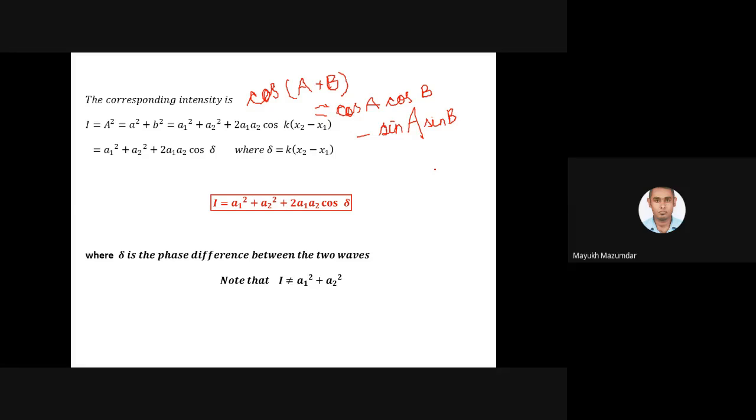Okay. Actually, the terms that you would be getting are two AB terms. One would be 2a1 a2 cos kx1 cos kx2. Another would be 2a1 a2 sin kx1 sin kx2. And if you put them together, you will get this thing. Now see, again, this thing looks very clumsy. So I'd call this thing delta. Delta is k times x2 minus x1, right? Has everyone got this thing then after simplification?